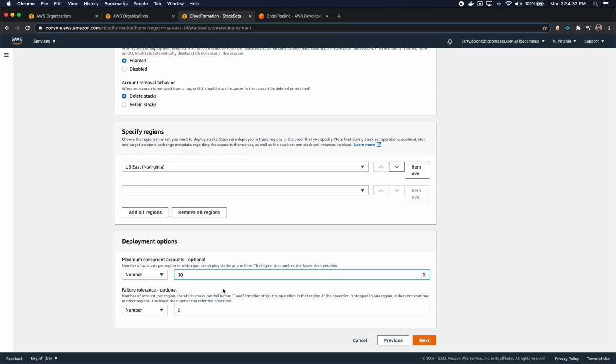The failure tolerance field specifies how many failures we can encounter before halting provisioning for all accounts. We expect our CloudFormations to not encounter such errors, and if they do, we indeed want all provisioning to stop until we fix the problem. It's usually okay to leave this set to 0. So I'm going to click Next,